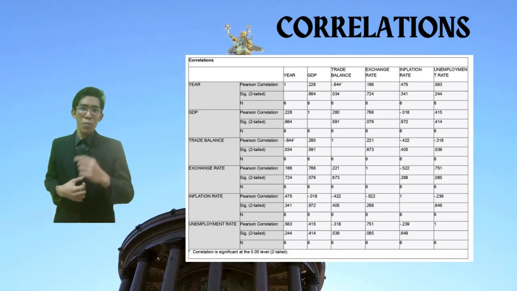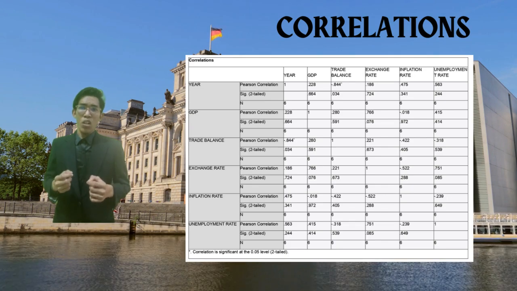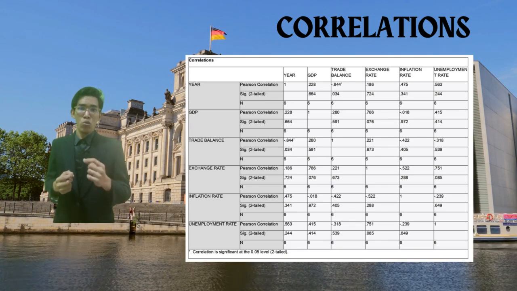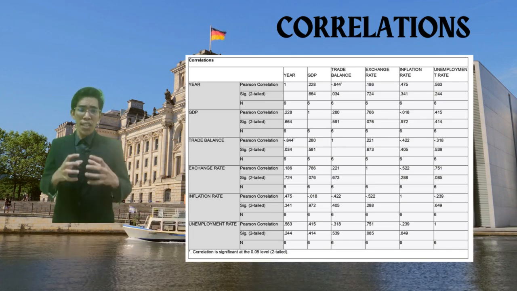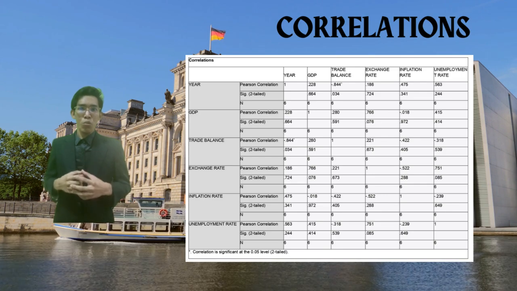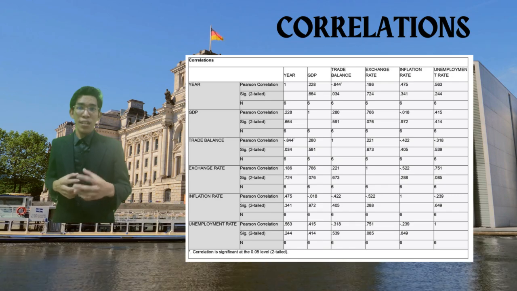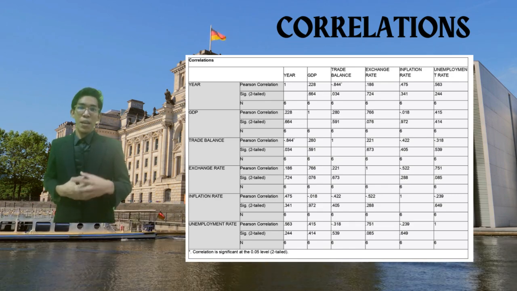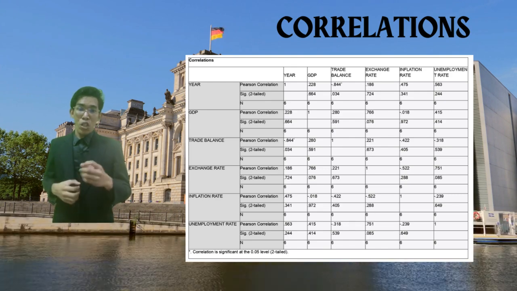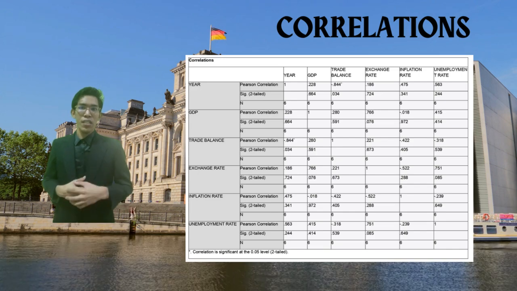Similarly, the relationship between trade balance and inflation rate shows a negative correlation of negative 0.422, but its lack of significance implies that while a worsening trade balance might contribute to higher inflation due to the increased cost of imported goods. Additionally, the exchange rate and unemployment rate exhibit a positive correlation of 0.751, suggesting that a stronger currency is